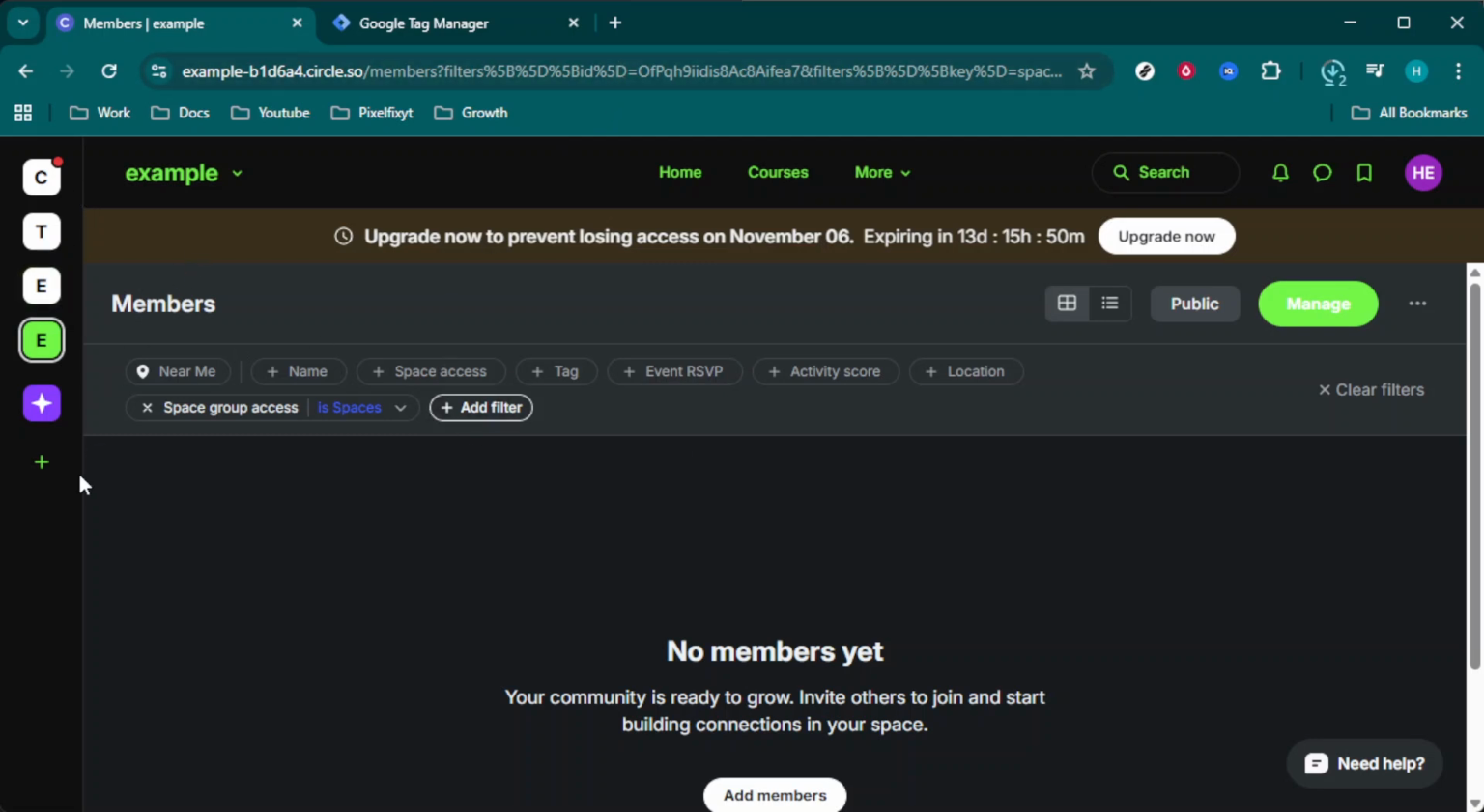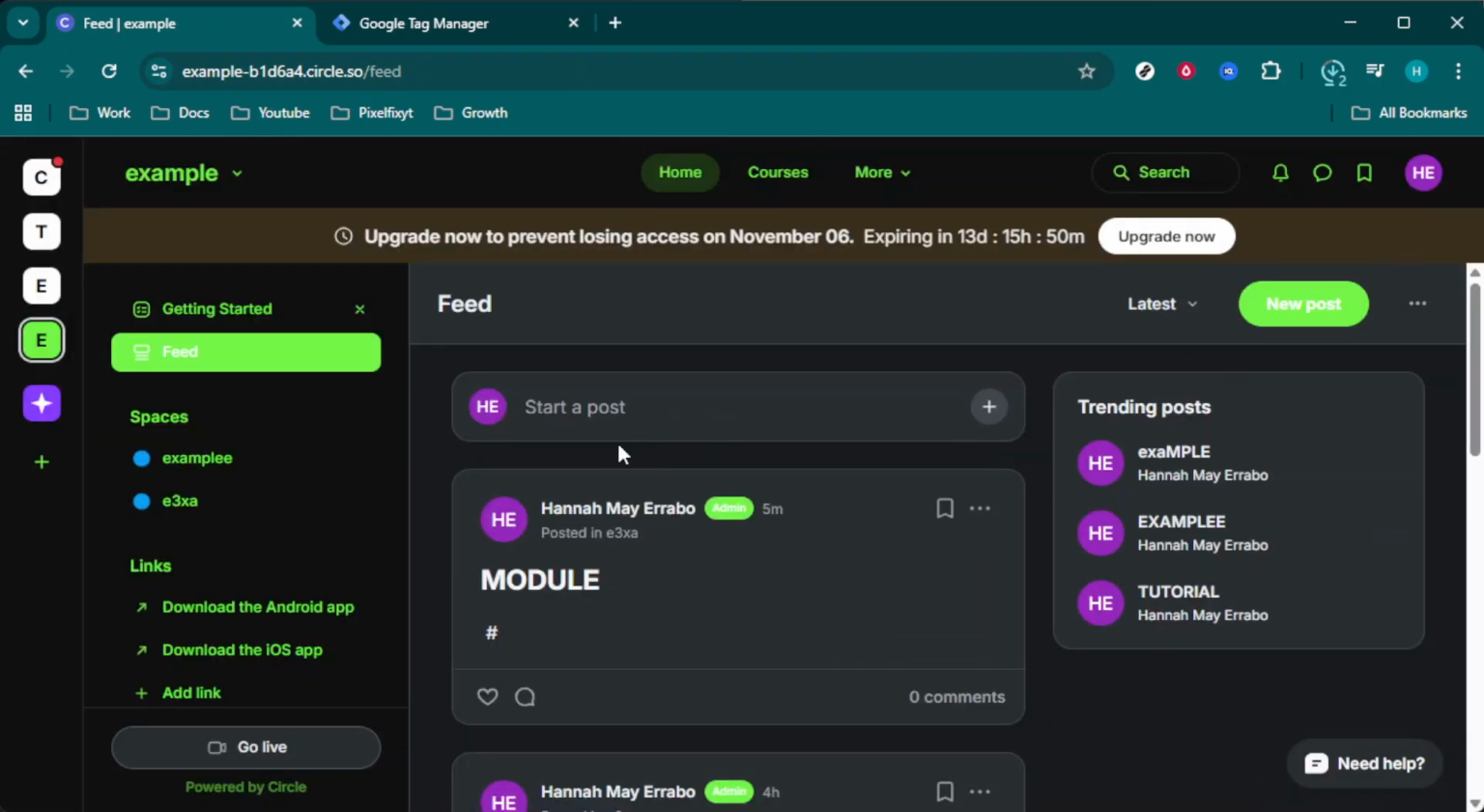First, you'll need to log into your Circle.so account. This is your starting point, so ensure you have your credentials handy. Once you've logged in, take a look at the left sidebar. Find where it says Spaces and click on it. This is where you organize all your community's content, and you'll want to select the specific space where you're planning